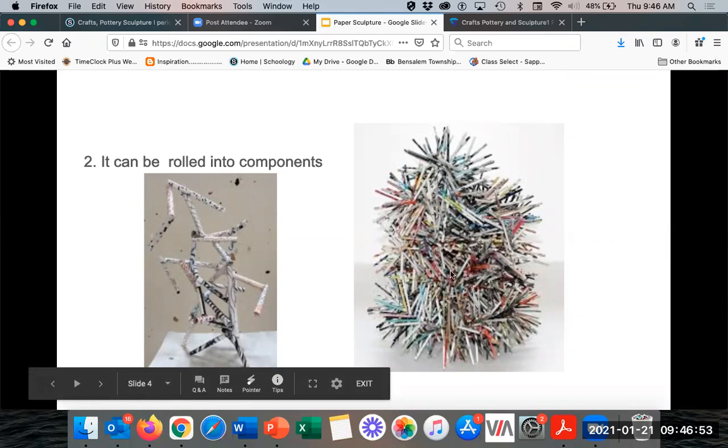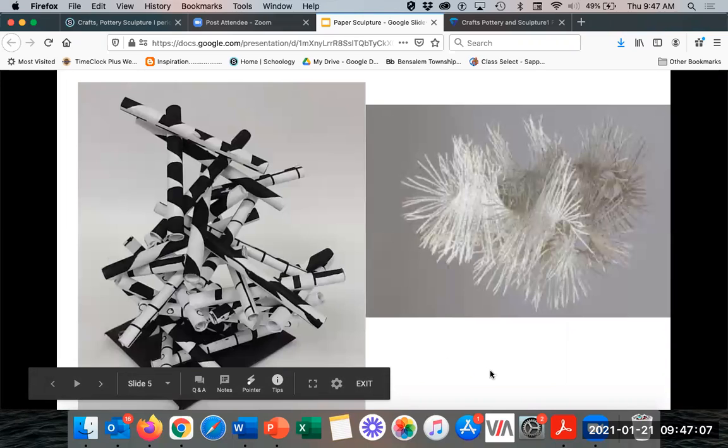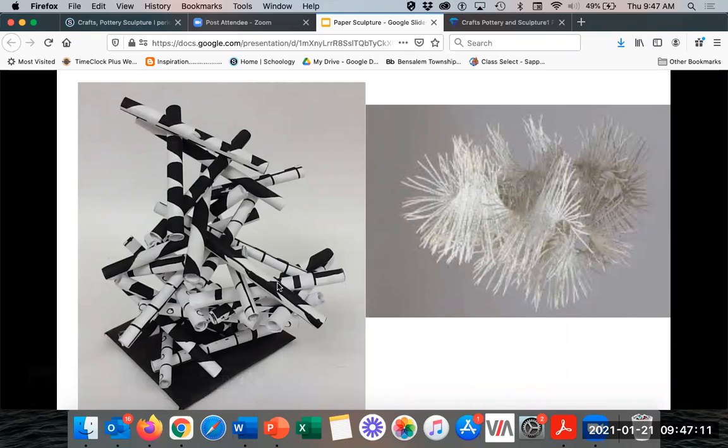It seems like there might be a core here where they're put into, or somehow they're united. Like if this is made almost like a wreath, and then another one on top of it. And then here's some more examples of that. So these obviously had been drawn on with a black marker, rolled up, and then used to construct this little structure. And then this one, the same thing, very thin pieces of paper that are rolled up